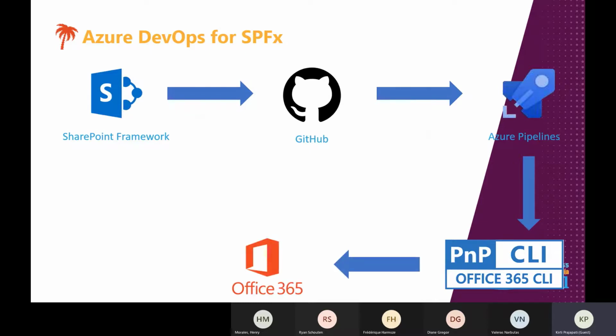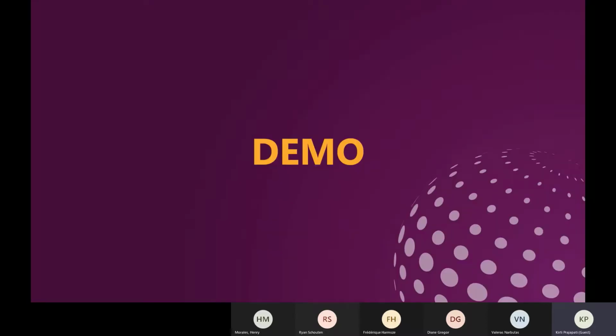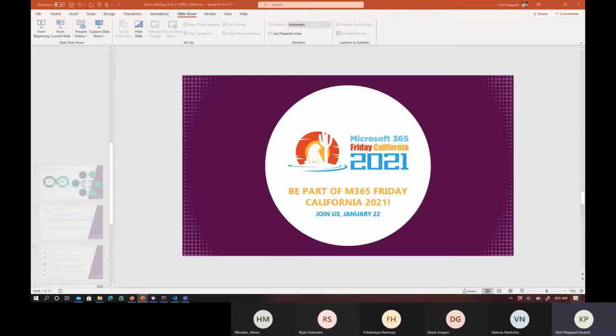So in our case, consider the Office 365 or M365 portal would be the source and destination. The source could be your development server, and the destination could be your QA, UAT, or production servers. So this is the process that will define how, once you are creating the solution, it will move from your development system to your SharePoint site. Right, so let's jump into the demo and I'll show you how we can move that.